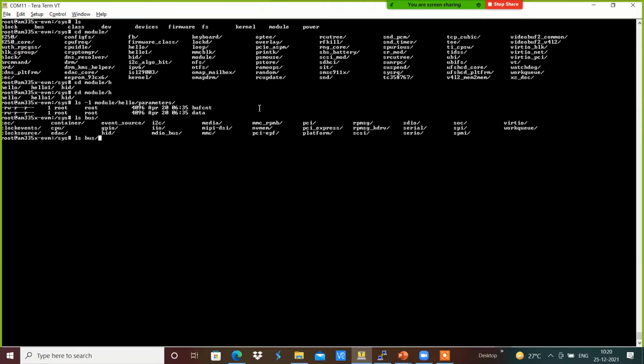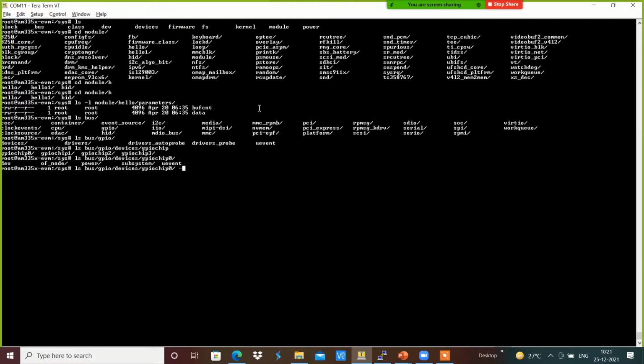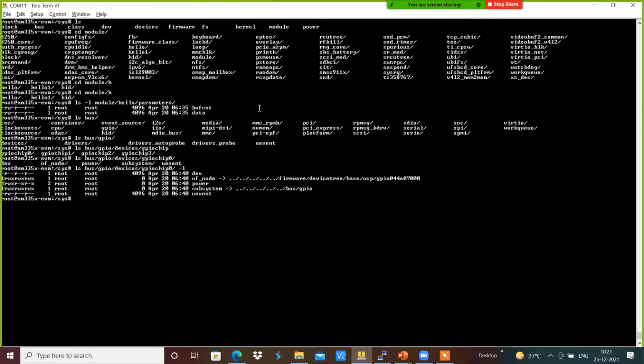For example, I have this sys bus GPIO, and it has the devices, which has been connected with the GPIO chip 0, and this node has been connected with the firmware device tree OCP GPIO, and this subsystem has been connected with the bus GPIO. Like this, sysfs will have continuous, very complicated